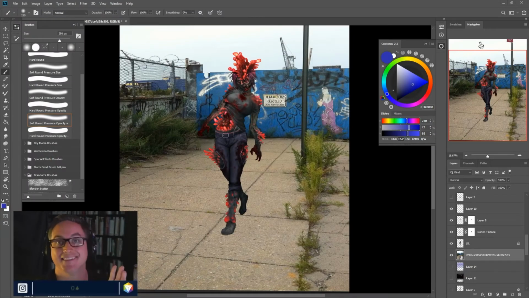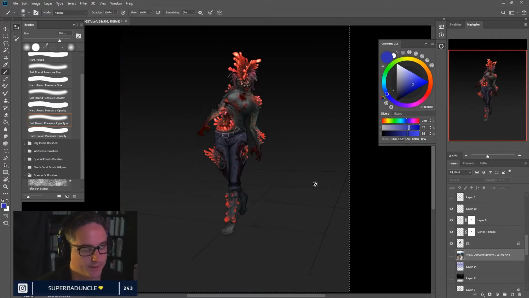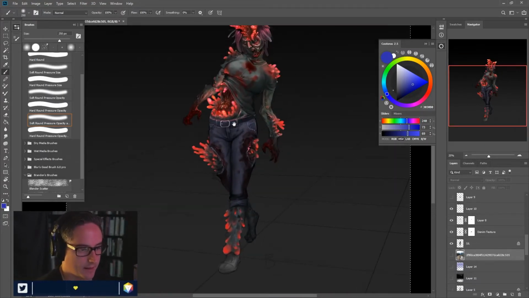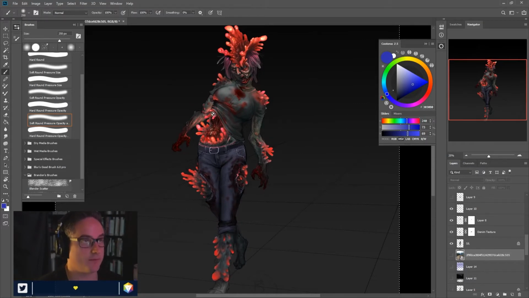Okay, so what I was saying, we had added some... Let's just rewind a little bit here, because I messed that up. We had added some self lighting in there from some of the nodules in the body, and